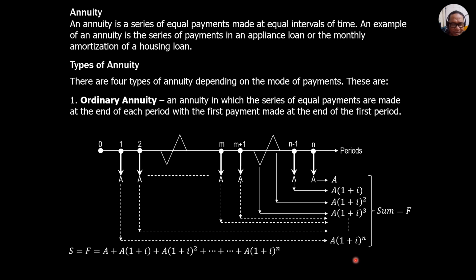So since the common ratio is r, we recall from geometric progression that the common ratio is r and the sum is equal to the first term, which is A, times quantity r to the n minus 1 all over r minus 1, if you can recall. So that's it, and we'll have to discuss that on the next slide.